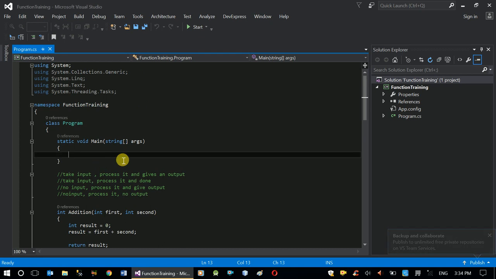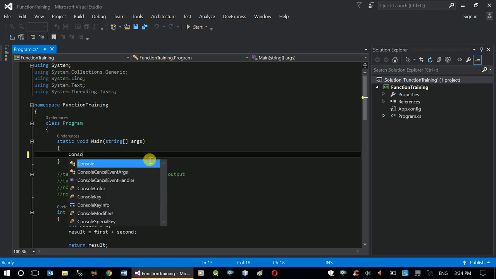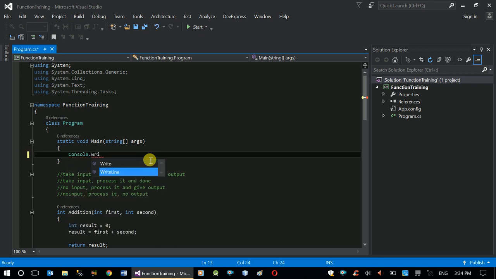Now, in our main function, all we have to do is orchestration. First, we have to know which function to call. Which means, am I going to call addition, subtraction, division, or multiplication? So, for that, we have to ask the user what she wants to use or which operation she likes to use. So we have to provide an option, console.writeLine